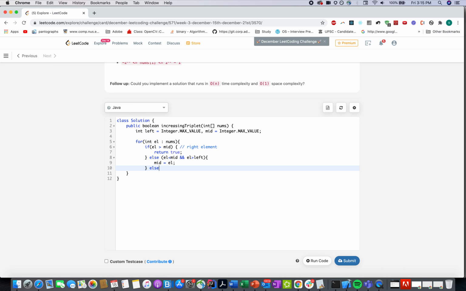Else, if you see that the current element is less than left, then you update your left to the current element. Once you are done, I close the for loop now, returning false. If this condition is never met, you simply return false out of the array.